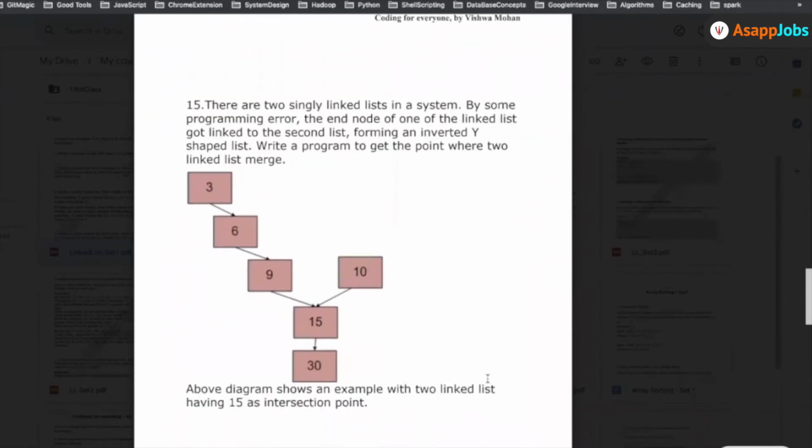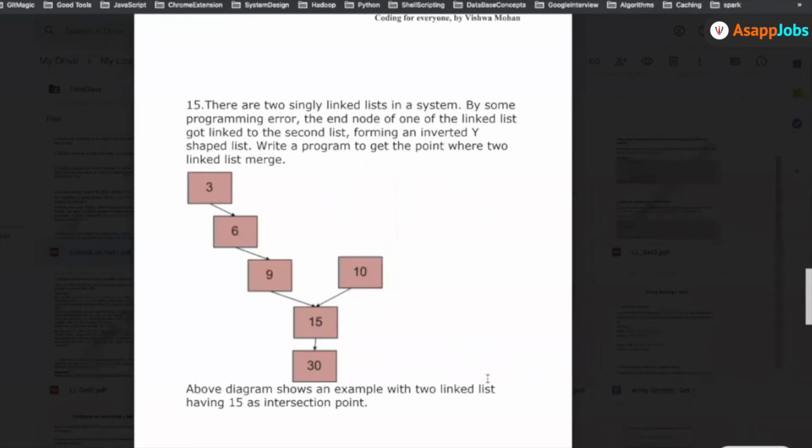Now in this question what you can do is you have to find what is the intersection point. One of the way can be used to use some external storage in which you first iterate the first list and then you again iterate the second list and first time when you are finding that it already exists. That is the point. That is one thing.